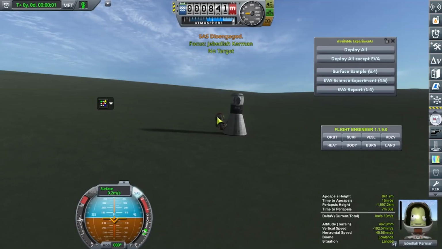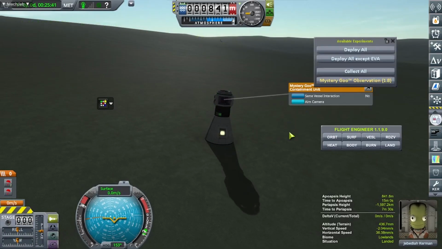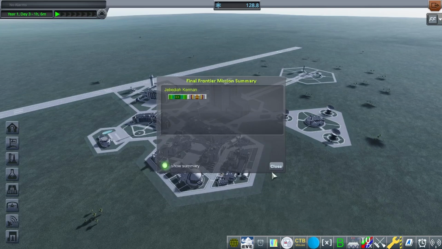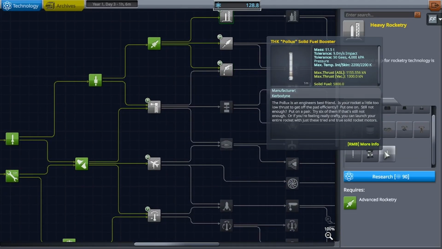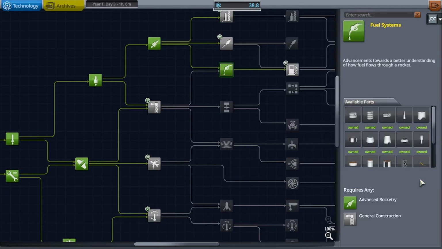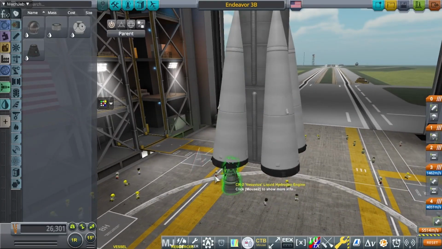And surprisingly enough, I haven't been to this biome before, the lowlands. That really surprised me, and so there's research and G-Force ribbons Jeb got for doing this mission. I don't know why I installed FinalFrontier, but maybe I'll use that to decide who gets to go to places. And here I unlocked fuel systems and then began work on a